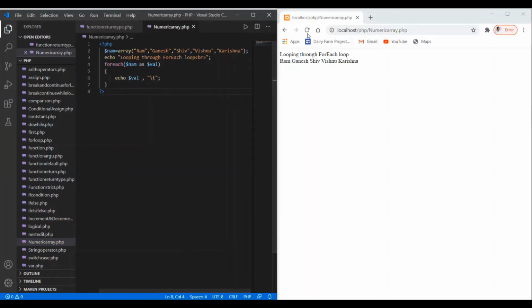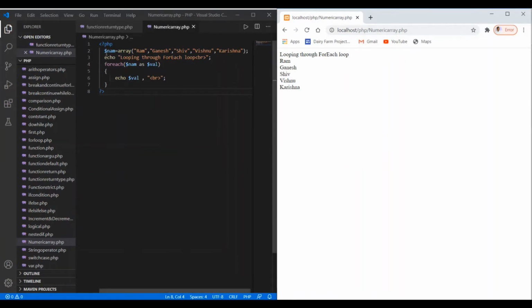Save the changes, refresh it. Nothing is going to happen. Yeah, we got the result. So we have to put the comma here, and then we have to use BR and \n. So each is displayed in a row.